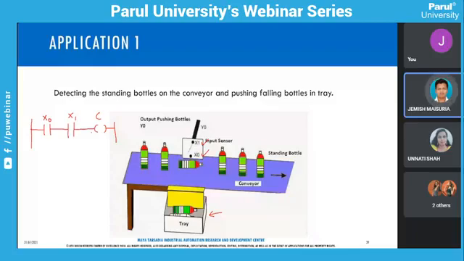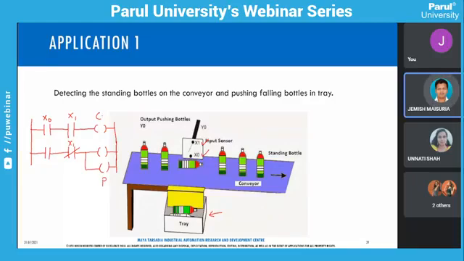And when X1 is not detected, that means X0 is detected but X1 is not detected, then you have to stop the conveyor belt, as well as start the pushing mechanism.